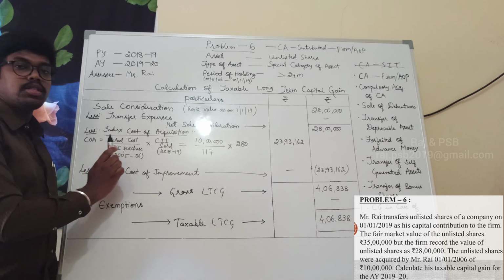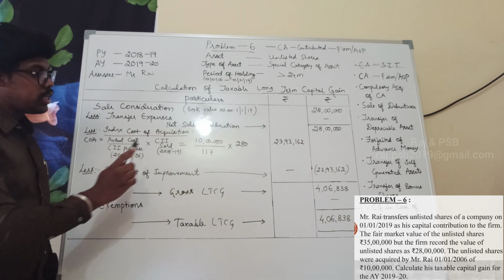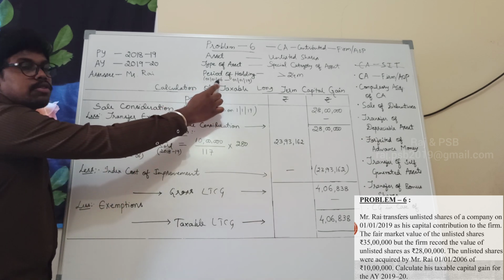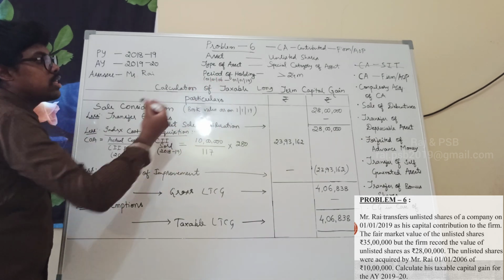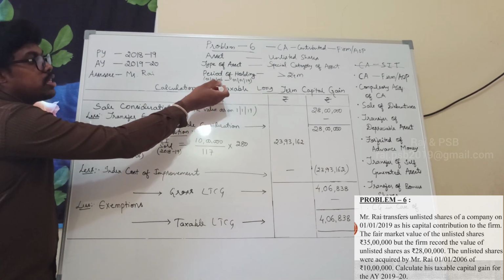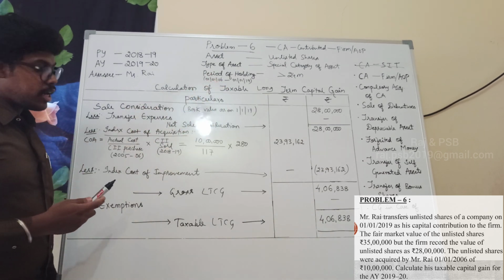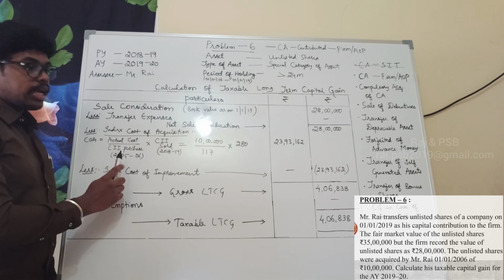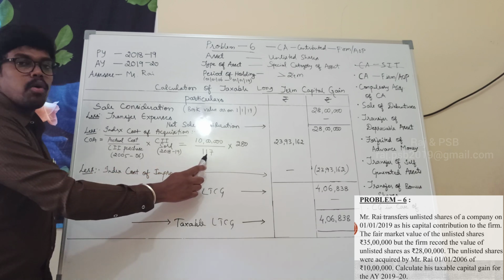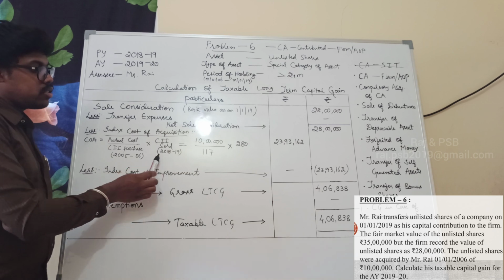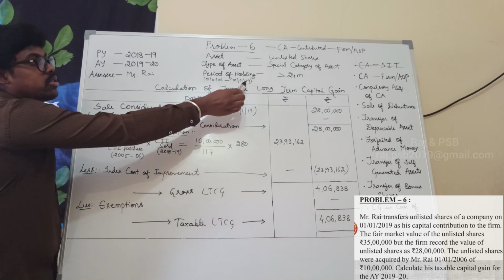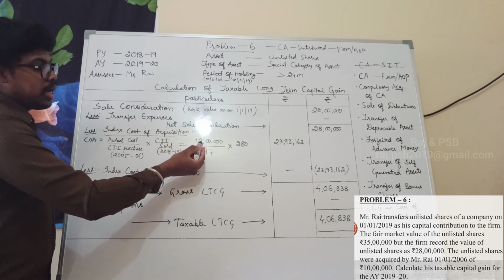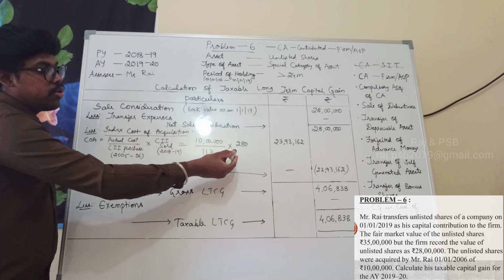So actual cost is 10 lakhs divided by CII purchased in the year 2005-6. So ಇಲ್ಲಿ 1/6 ಅಂತ ಬರುತ್ತೆ. So ಮಾರ್ಚ್ ನ ಎಂಡ್ ಆಗಿಲ್ಲ. So that is why it is treated as 2005-2006. So CII purchased in 2005-6 is 117, and CII sold in the year 2018-19 is 280. So 10 lakhs divided by 117 into 280 will be